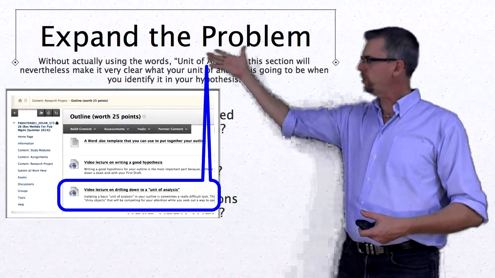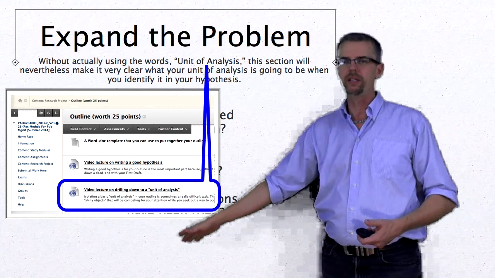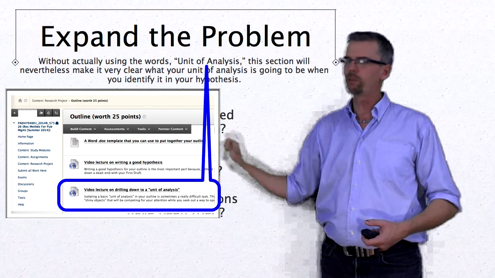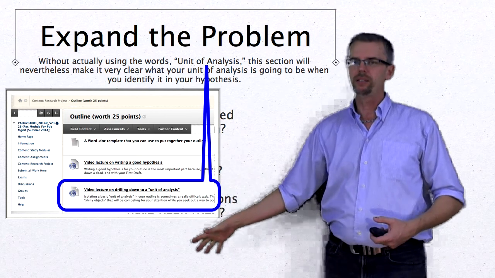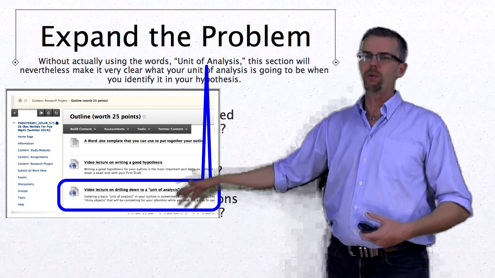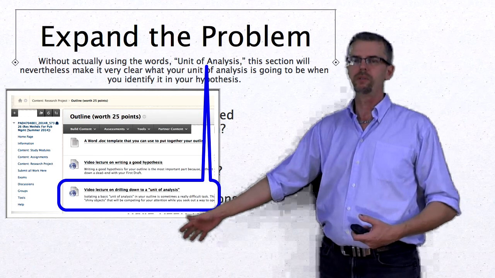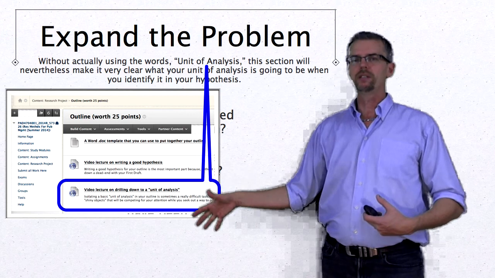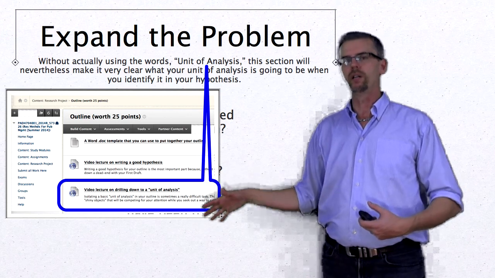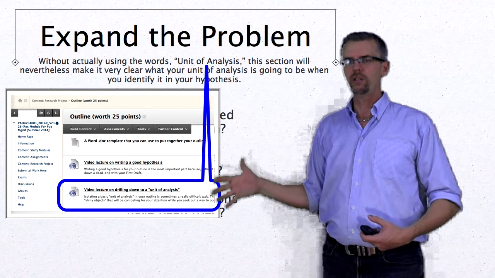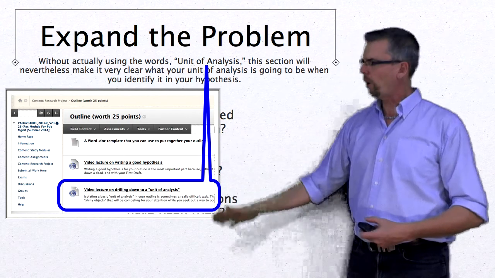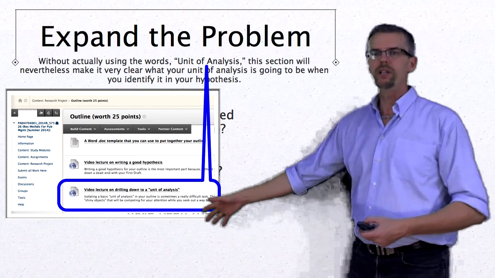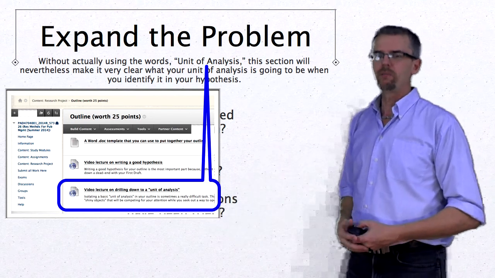Once again, this is where that bottom item in the outline folder of Blackboard comes in, because a lot of people have trouble identifying their unit of analysis. This video lecture here is a whiteboard presentation that I did several semesters ago to help you students drill down and find your unit of analysis so that you're very, very focused on it before you start your presentation and your almost finished draft. So watch this video if you're having any trouble at all with your unit of analysis. As a matter of fact, just watch the video and it should help you become very, very focused on your